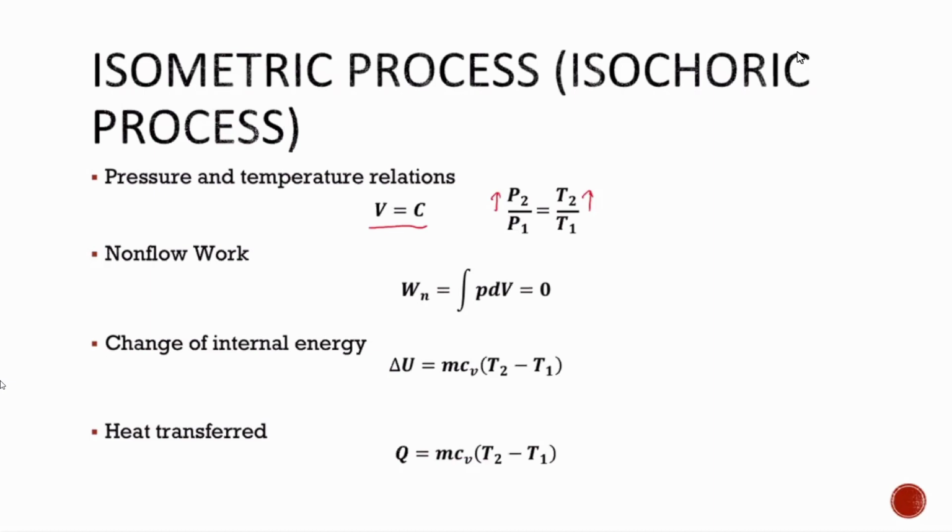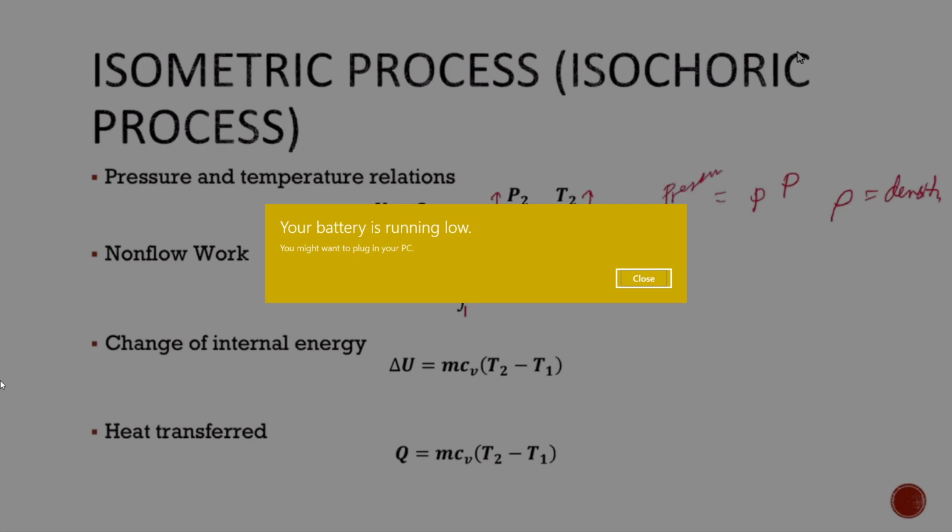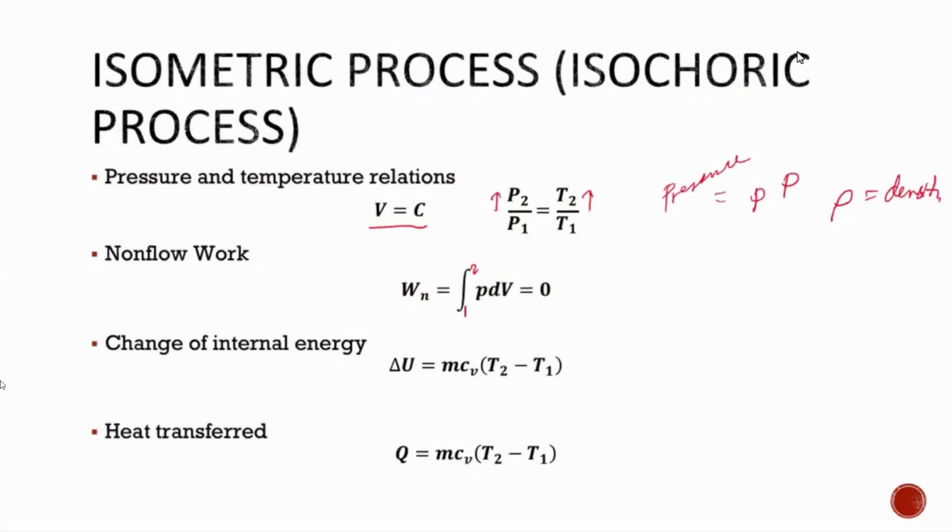Okay? So to find the work, or the non-flow work, for an isometric process, we will follow this equation. The non-flow work is equal to the integral of pressure times the differential volume from 1 to 2. I made my writing a little small, but in some books pressure is lowercase p, though it is the same. Just don't get confused if it looks like this, which means density; this one is density, but these two are both pressure.